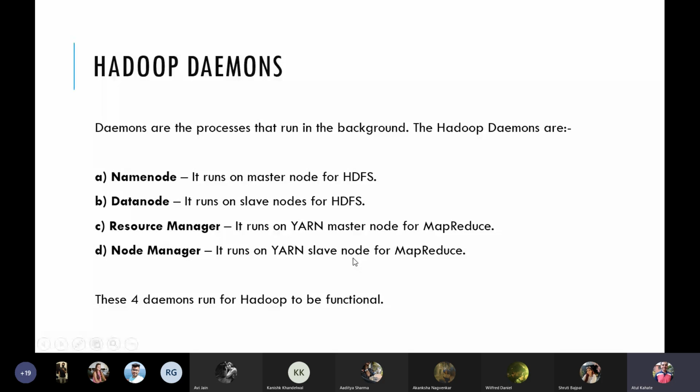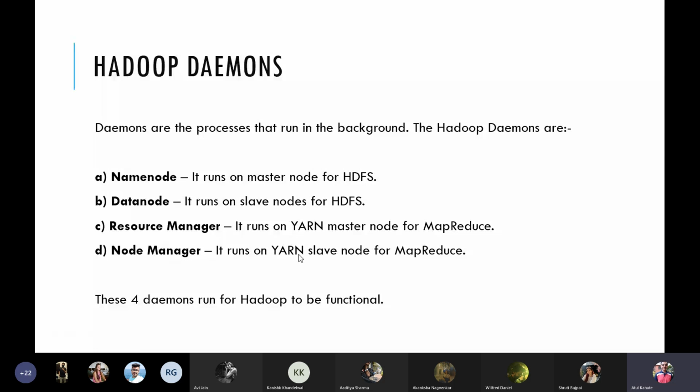Okay, so just to repeat, these are the 2 ways of classifying the Hadoop daemons. First type of classification is the functionality, or for which type of Hadoop processing we use them. So these 2 run for HDFS, these 2 run for MapReduce and YARN. The second way to classify is which ones run on the master and which ones run on the slave. So using that classification, name node and resource manager run on the master, data node and node manager run on the slaves.